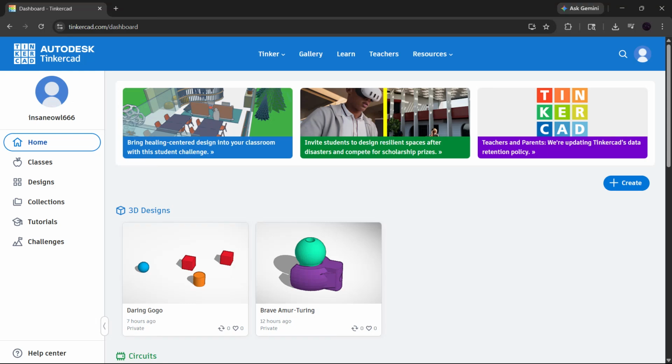If you've been wondering how to code in Tinkercad, you're in the right place. In this video, I'll show you two different ways to code in Tinkercad depending on what you want to build. If you want to work with electronics, I'll show you Tinkercad circuits and Arduino coding. And if you want to create 3D models with code, I'll show you Codeblocks. By the end of this tutorial, you'll know exactly where to click, what to use, and how to get started